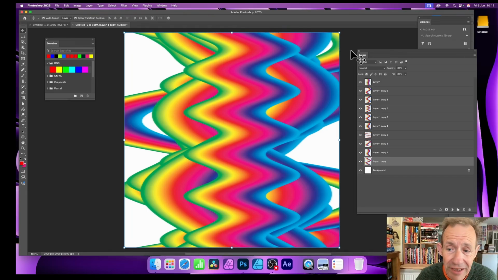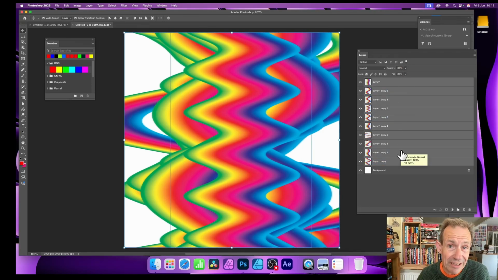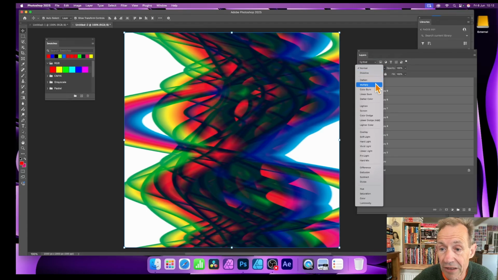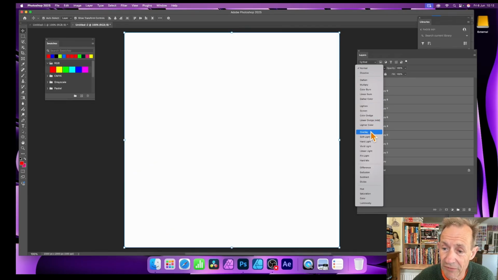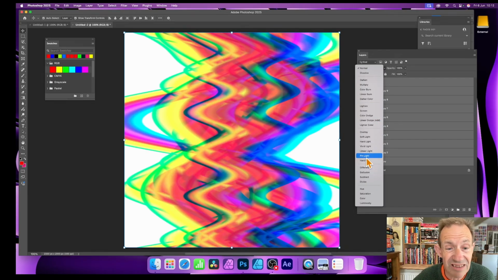But what you can do now is just go up here and you can select them all. Select all of them. And this is one feature that I do like in Photoshop that I think should be for many other features as well in Photoshop. But this one, you can go up here with them all selected, all these layers selected, and then just go here and you can go through darken, multiply, color burn, linear burn, and so on. You can see sometimes they get some really interesting effects. I think some result in a horrible or just blank.